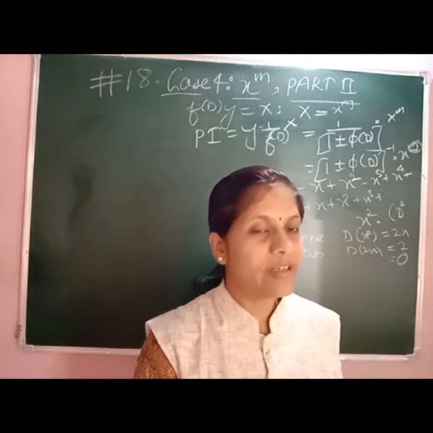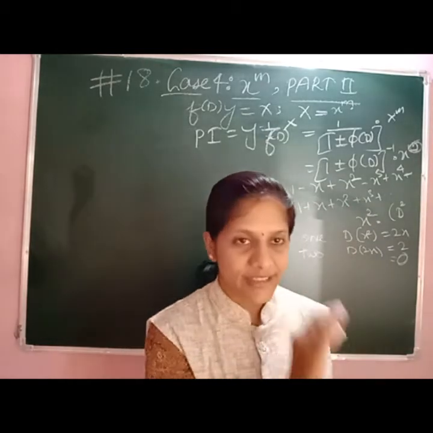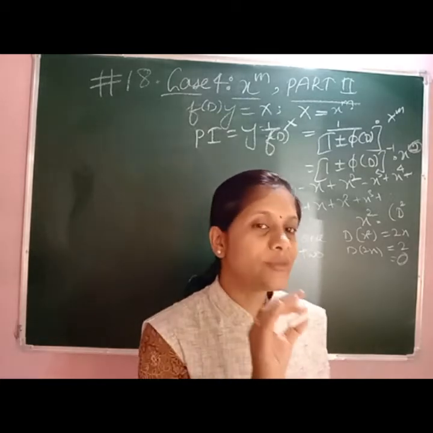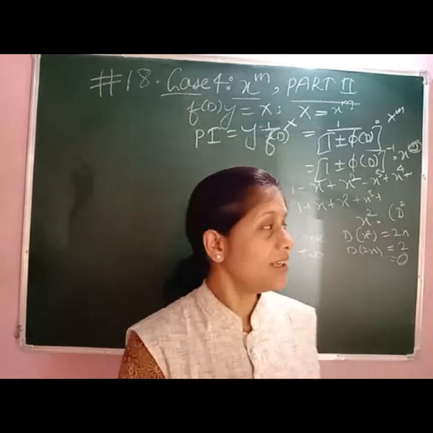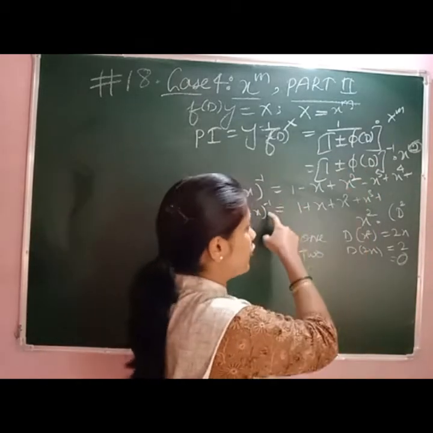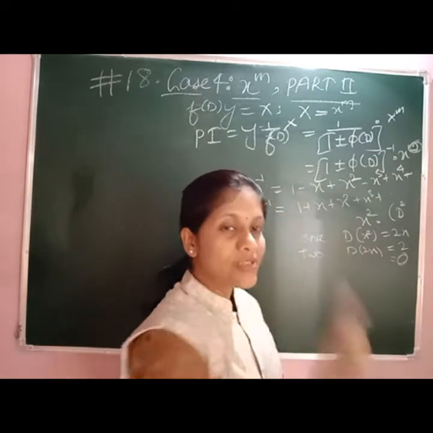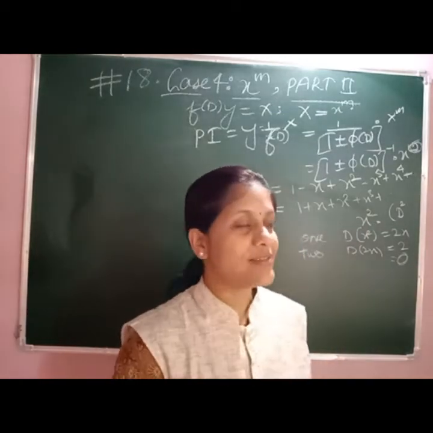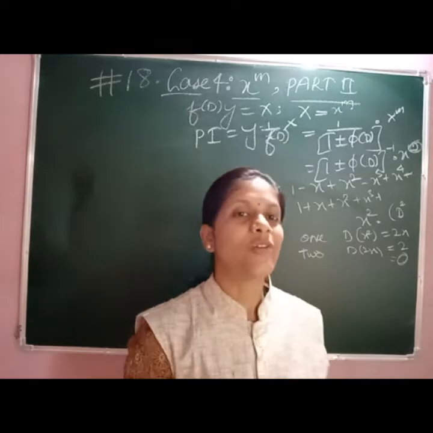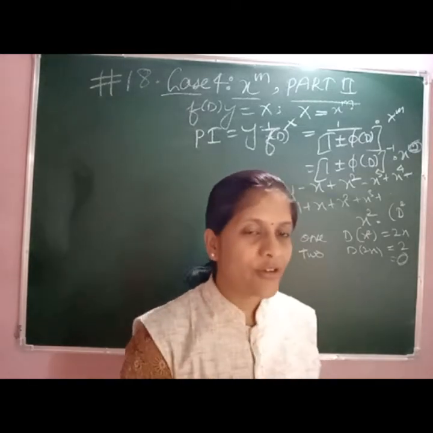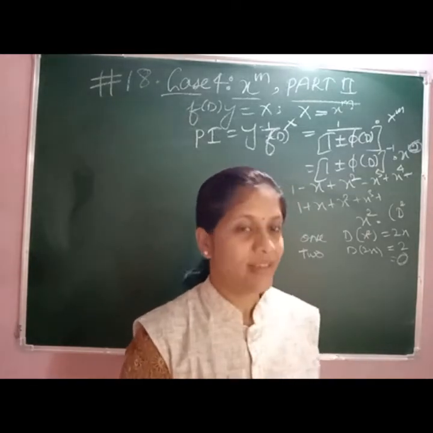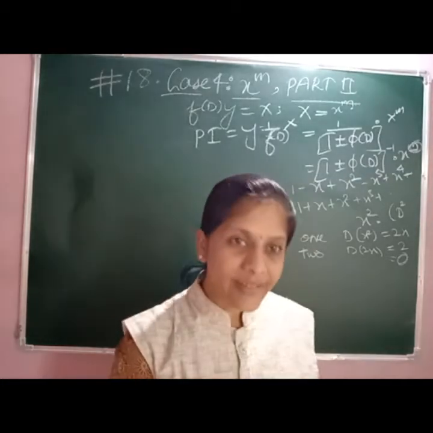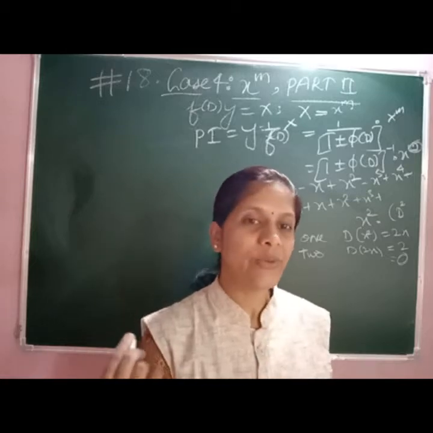So how do we have to solve? Firstly, it is non-homogeneous: CF plus PI. CF by the usual method, and for PI we have to express f(D) in the form 1 plus or minus phi(D). Based on whichever formula, if it is plus we use this formula, and if it is minus we use this formula. Up to where we have to consider the expansion? Based on the value of m. So let us continue our previous session. Already we have solved 3 examples. Now let us get into the fourth one.